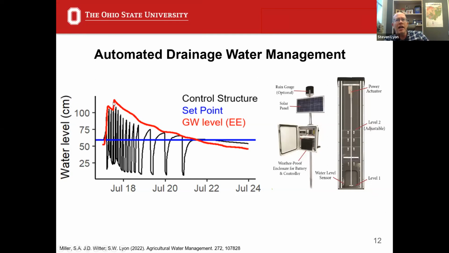And now this red line here is the response of the water table then in the farm field. So we see in the beginning, the water table rises. As the valve opens, it starts to release water out. We see that pull down of the water in the farm field. So this is how it's controlling it. In response to that rainfall event, we're actually pulling that water table down.